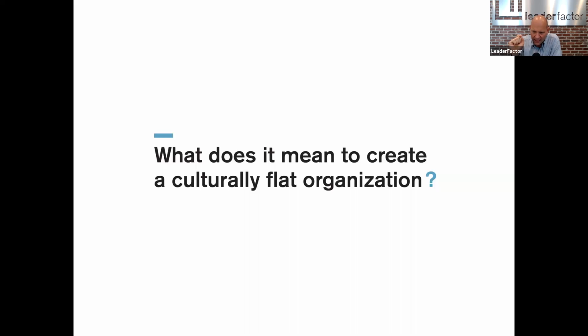So, culturally flat. Let me share some of your responses. It means equal, a network of teams, non-hierarchical, homogeneous. The hierarchy is not valued. Hierarchy is less of a focus in the performance of the organization overall. That's good. I like that. A decrease in middle management. Everyone is the same with backgrounds and perspectives. My behavior is not dependent on the organizational level of the person I'm interacting with.